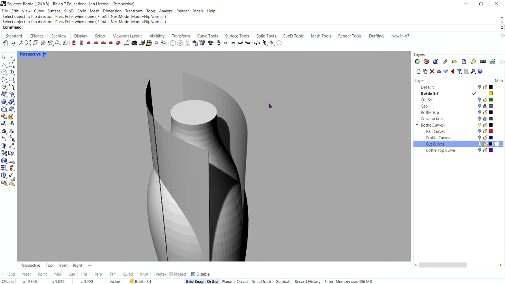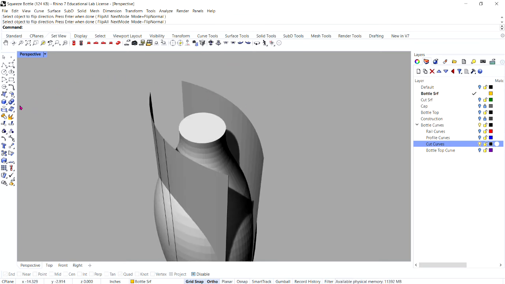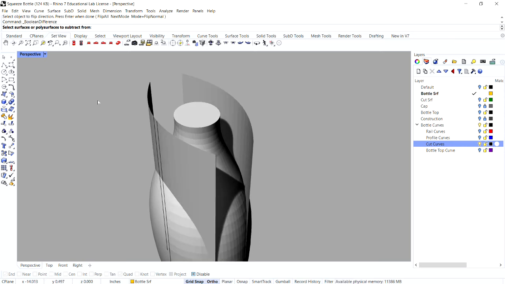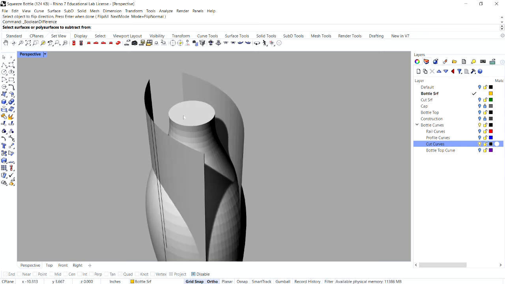Now we can go ahead and run the Boolean difference operation, which is over here in my toolbar. It's the second option, right? Boolean difference. And remember, if you hover your mouse over the icon, it'll tell you what it is. For the select surfaces or polysurfaces to subtract from, we are going to be subtracting from the squeeze bottle.